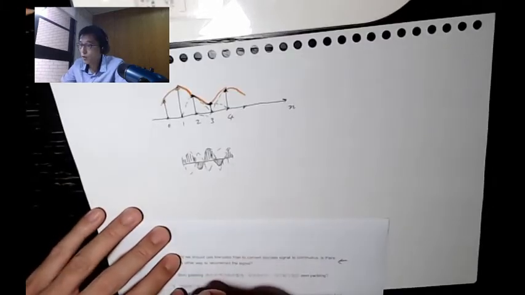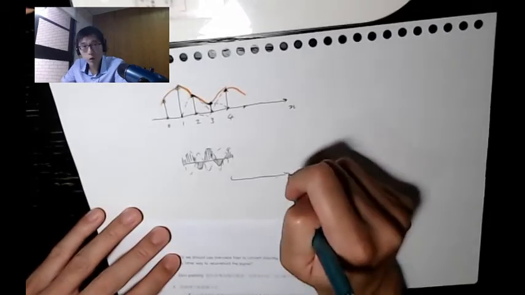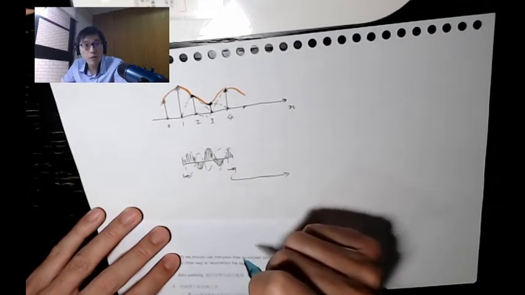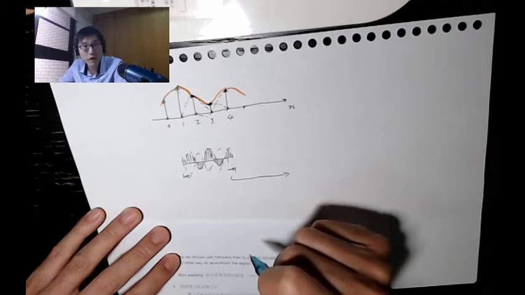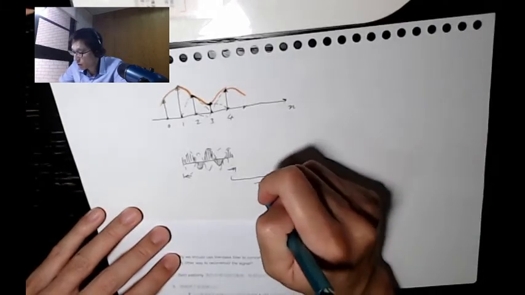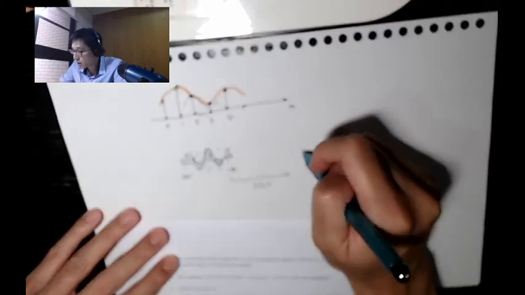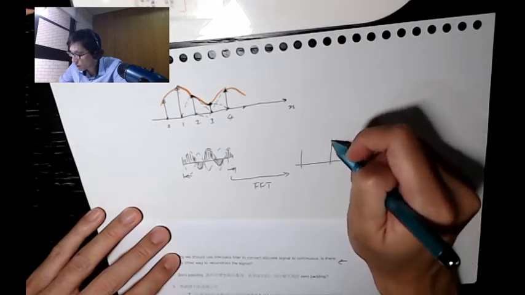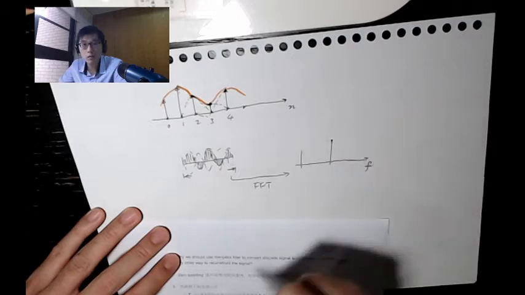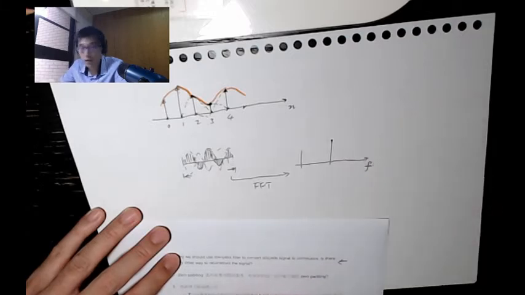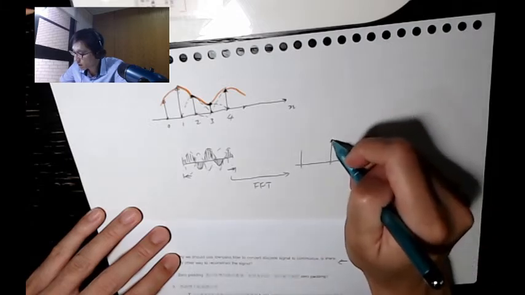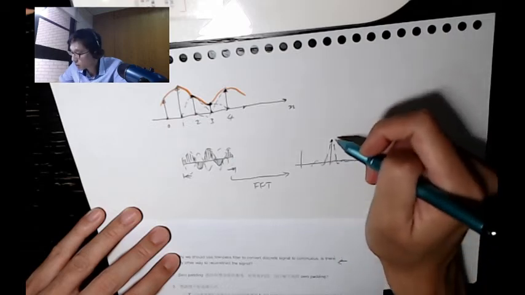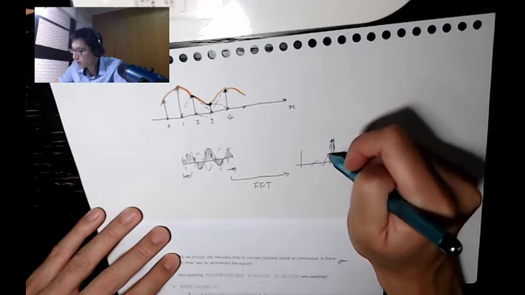To do that, some of you might have learned or heard that you can just take this block and perform a discrete Fourier transform. Not discrete time Fourier transform, but discrete Fourier transform, and the fast version is FFT. So you just send this through FFT, and if this is really a sinusoid, you should see a peak somewhere. You should have a spike in the frequency domain. Let me just briefly denote the frequency domain as F. So you should expect to see a spike, a peak somewhere, and this is actually a digital sinc function.